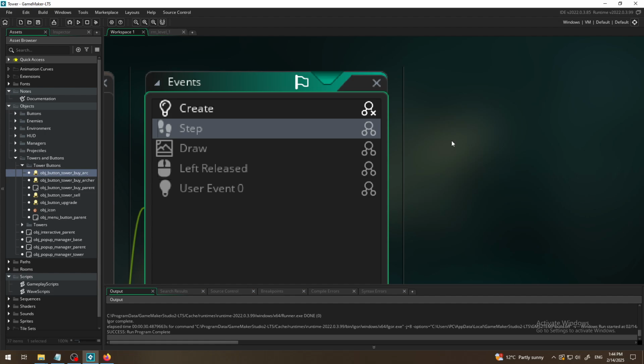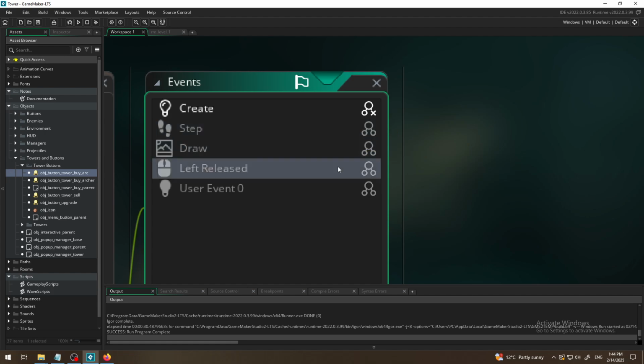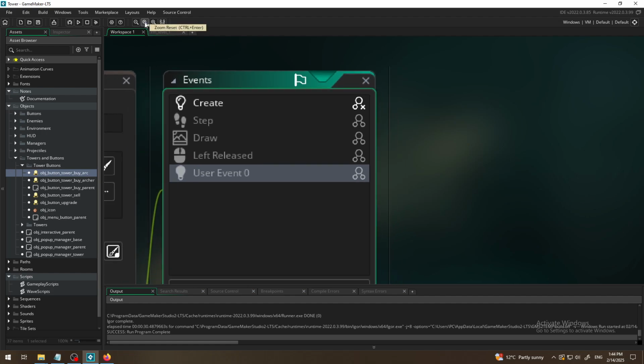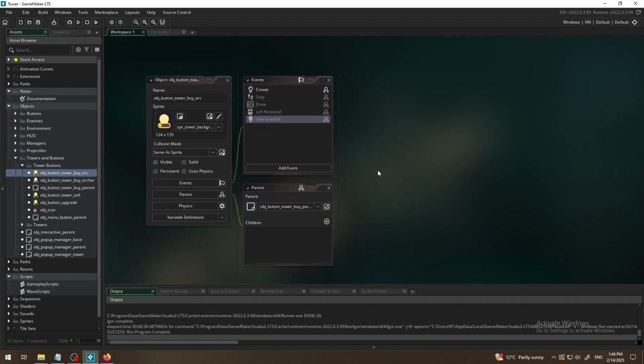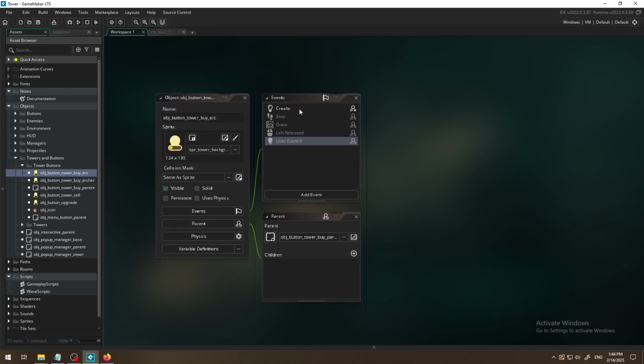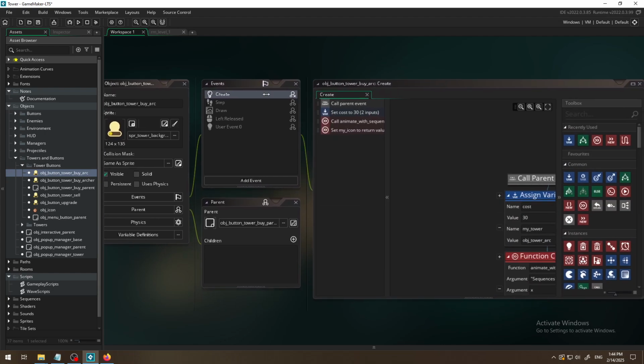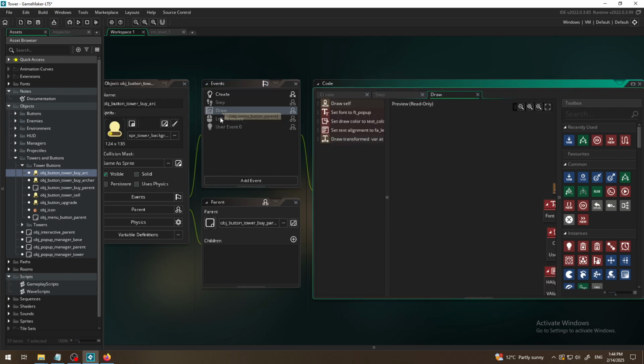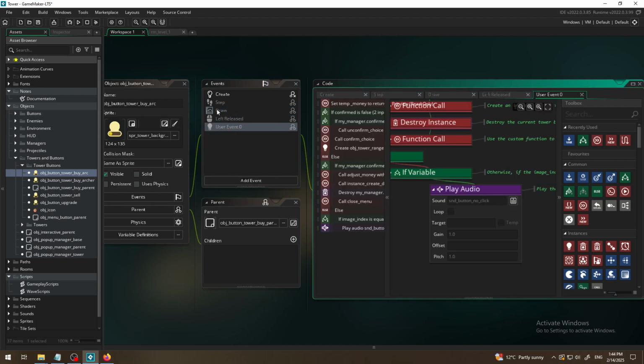But again, because this is a template which someone else made, not me, I'm still not sure if I will break something bigger if I do this. So I will avoid breaking those connections as much as possible. Maybe later, but I would not break them if that's not a must. I will click on create just to see what is there. Step, draw. Okay, there is a play audio sound,